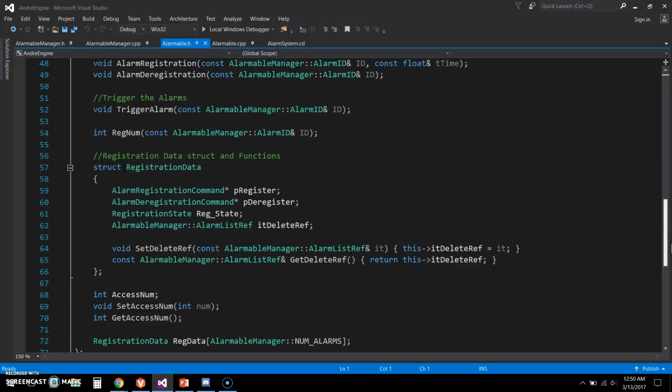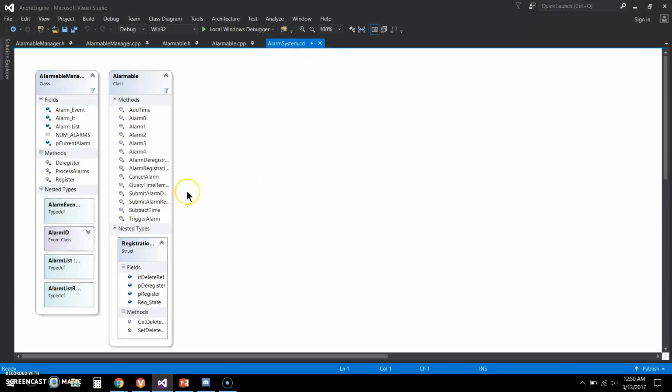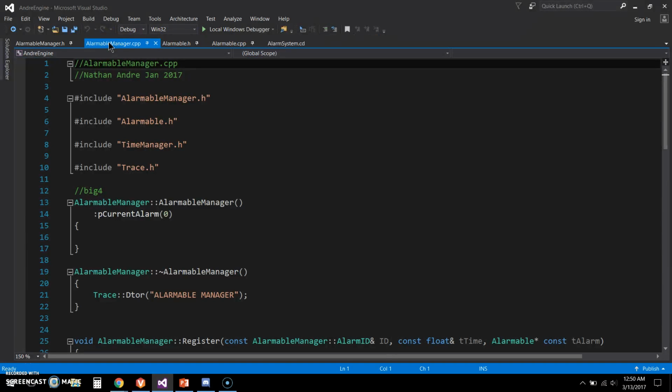And you have to do this registration data struct. It has the commands for each alarm, and then a delete reference for constant time, and then the registration state. And here is the class diagram. I couldn't get it to show the association for these. But yeah, so basically